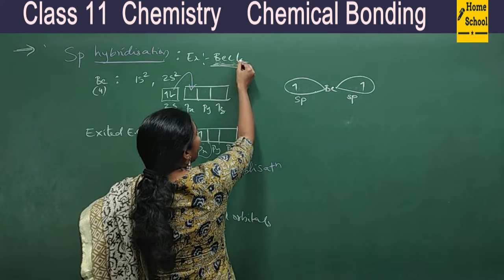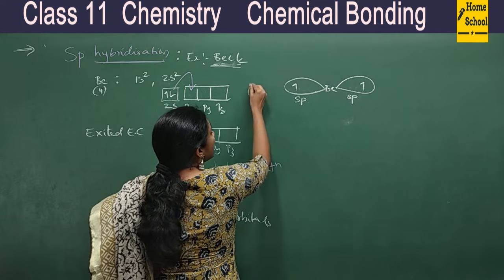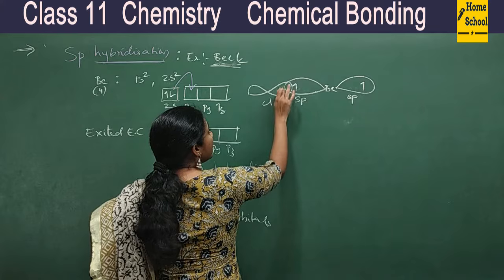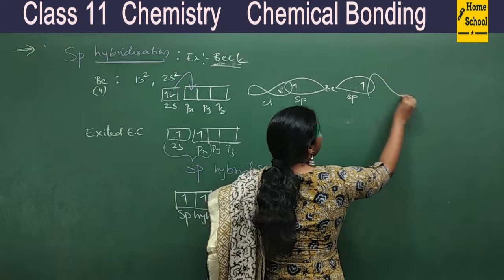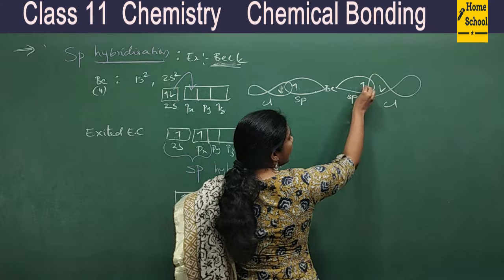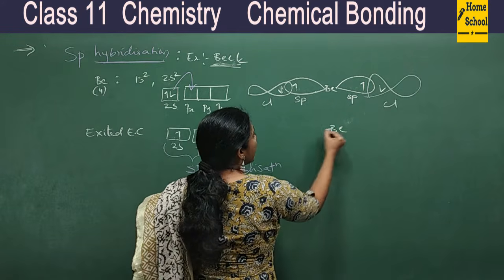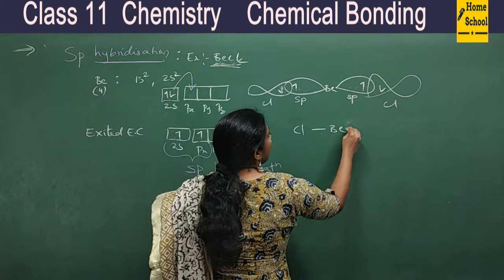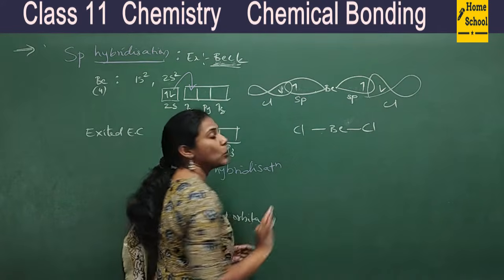So now the Cl atom. In the Cl atom, the last electron is there in a p orbital, isn't it? So this is the p orbital of Cl holding an electron with opposite spin, and this is overlapping with this. And this is another Cl orbital, holding a single electron, which overlaps. So this is how overlapping takes place, and this overlap leads to a bond with Cl, and this overlap leads to another bond with another Cl. So this is how beryllium chloride is formed.